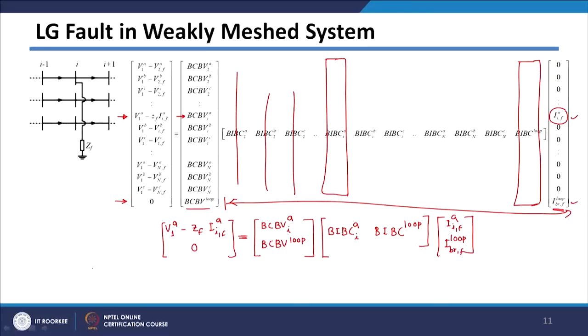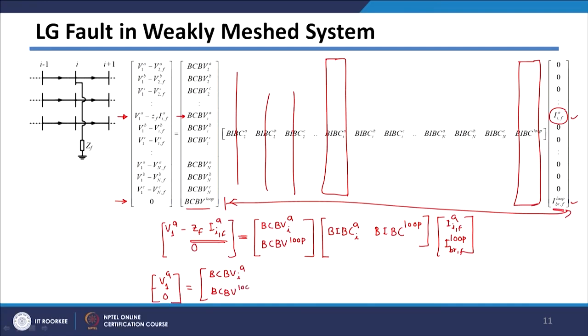So we can rewrite this equation here. So in this case it will be V1A, and 0. What I am doing is taking this ZF multiplied by fault current in A phase on the right hand side. So here it will be V1A, and 0 will be equal to the same term, that is BCBV corresponding to A phase,